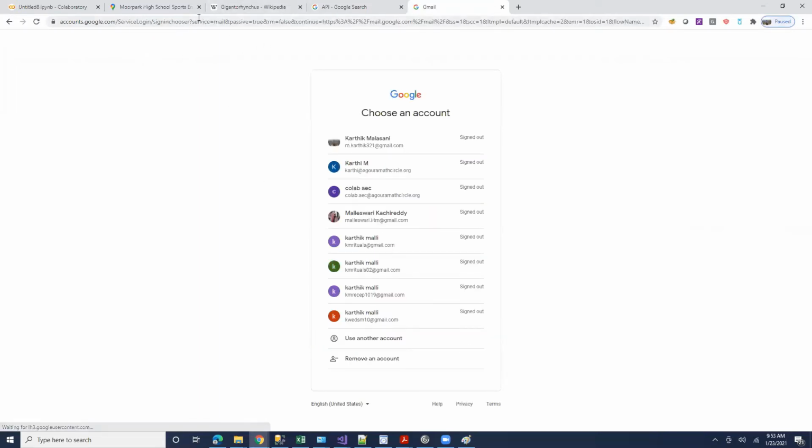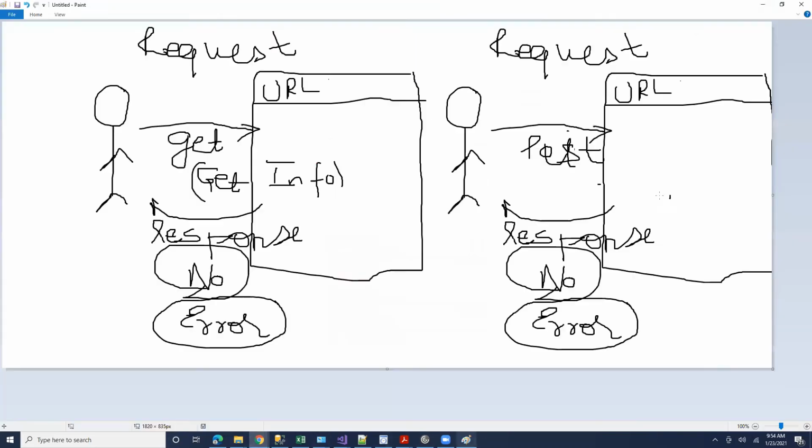If you notice here, it's sending all these additional pieces of information when it says service login, sign in chooser. So these are all the different pieces of information this is sending to Gmail to let me choose which website I want to sign into or sign out of, right? Same thing, if you go to your Netflix account, put your username, password, and hit submit or login, Netflix is posting your user details to Netflix's server and trying to check whether you are really who you say you are. So setters in web terminology is like post.